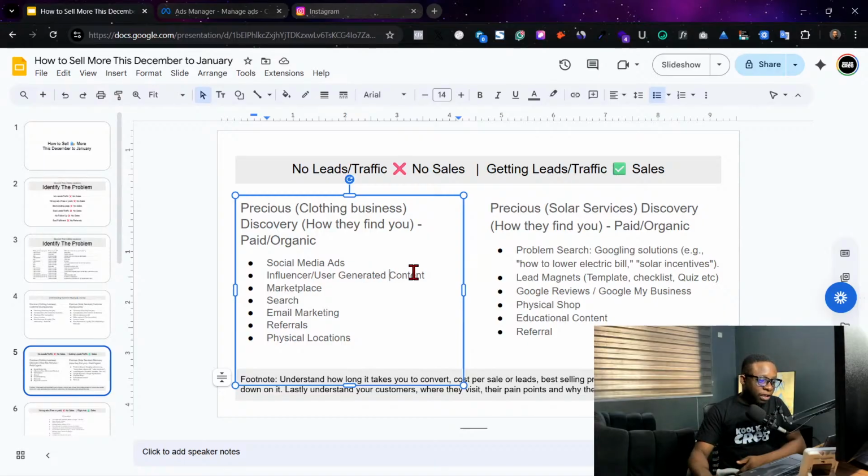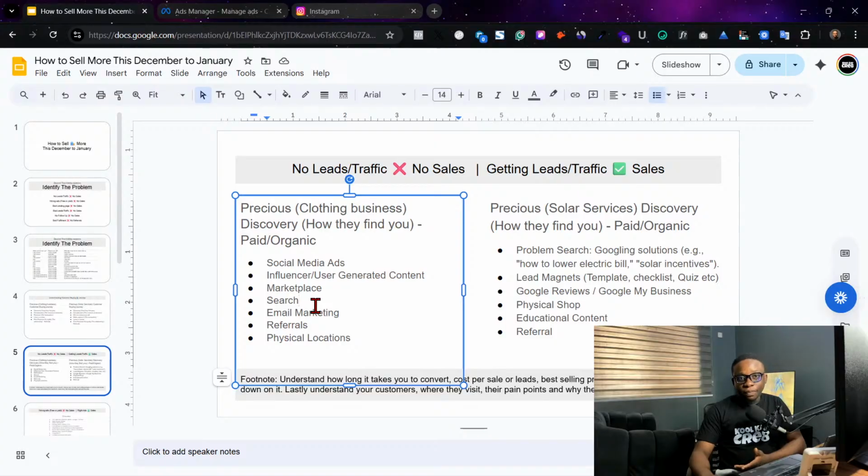If you can't do this or you don't have money for this, you can also try marketplaces. Marketplaces are the likes of Jumia, Jiji, and the rest. These are places where there are eyeballs, but each of these places has its pros and cons, right? This is where people can find a social media seller or someone selling a product. I know most of you know all this, but there are some things you probably might not have come across.